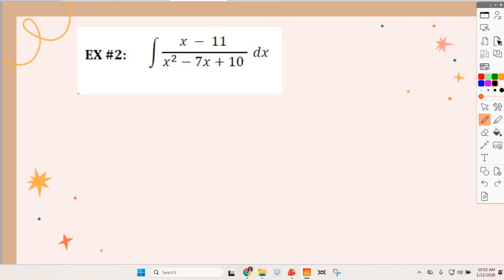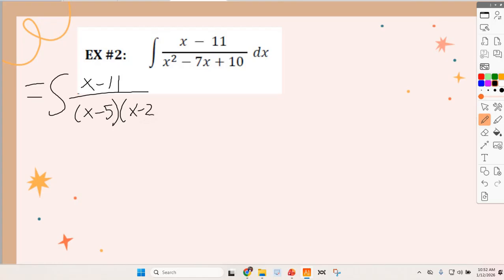But what do we notice about our denominator? Factor. It is. What does that factor to? X minus 5 and X minus 2. We're all good with that. So again, good candidate for partial fraction decomposition. So I have